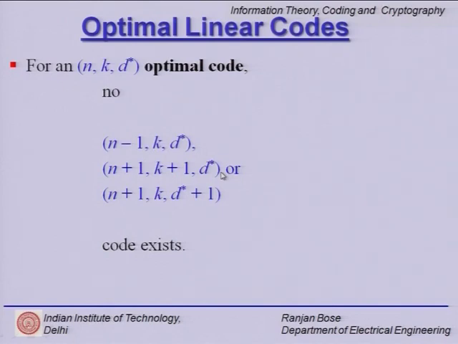Or I say, look, I have n plus 1, I do not touch k, but that increase of 1 gives me d* plus 1, just as we did for the Hamming code, where we had a (7, 4) code and we added a parity bit, and d* became larger. So, if we have an (n, k, d*) code for which no such improvements exist, then this is an optimal code. None of the nearest improvements hold water, so it is an optimal code.